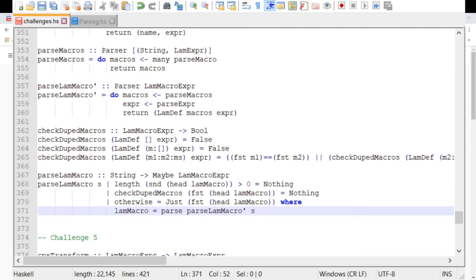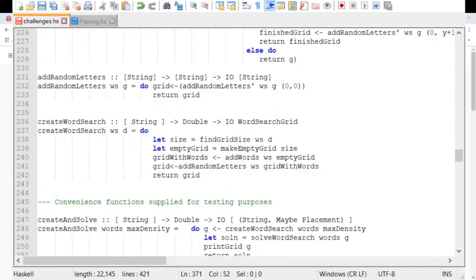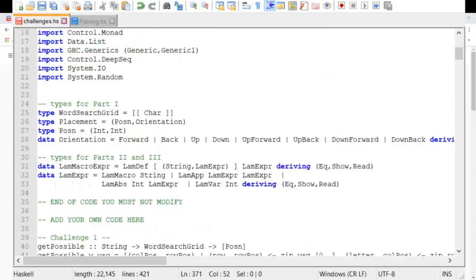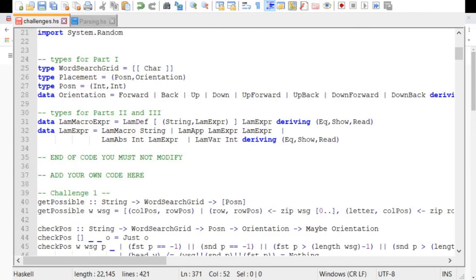And personally, I'm not exactly sure how to do that. What is helping us is the way that they're defined, because I'll just nip up to the top, hello mouse, right, so we've got lamabs int and number int. So theoretically you can compare these two ints and check that they're the same, right? But it's still not always going to work, because again, you could have something like this,